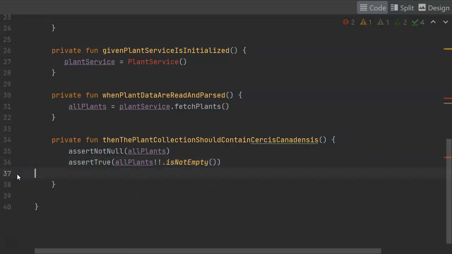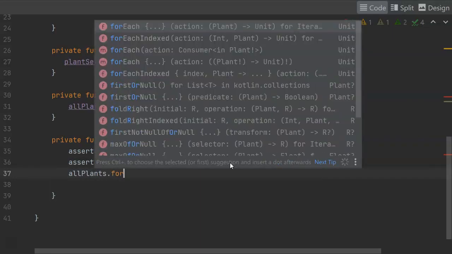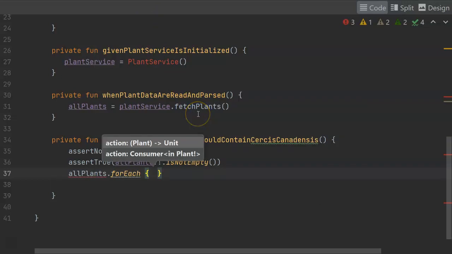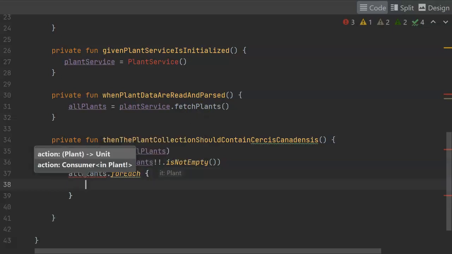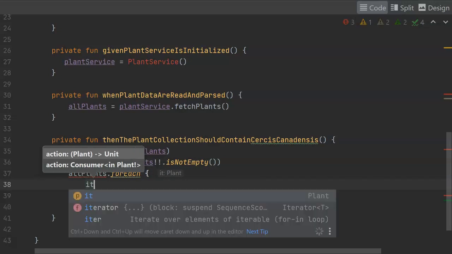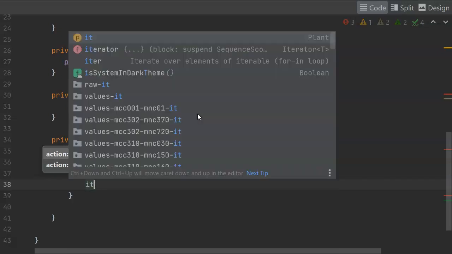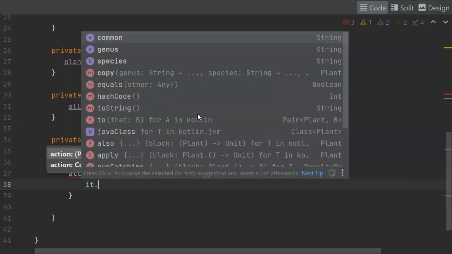A couple more things I'm going to do is we want to make sure that that contains Cercis canadensis. So what I'm going to do is say all plants, and then we can use the for each construction in Kotlin. If we have a collection, we can simply wrap for each around it, and that essentially creates a for each loop for us, where it is shaking hands with everything in that all plants collection, and every time it shakes hands with a plant, it puts it into a special variable called it. So I can say